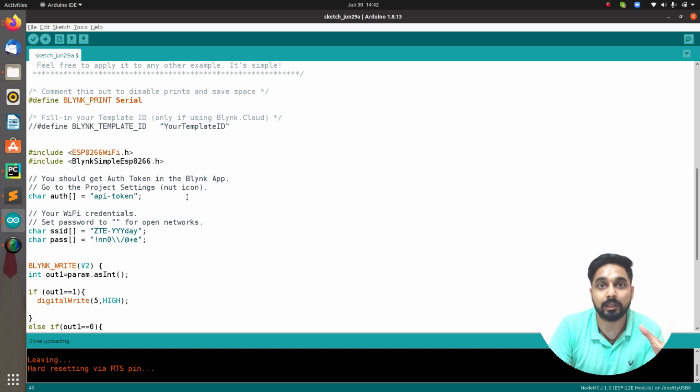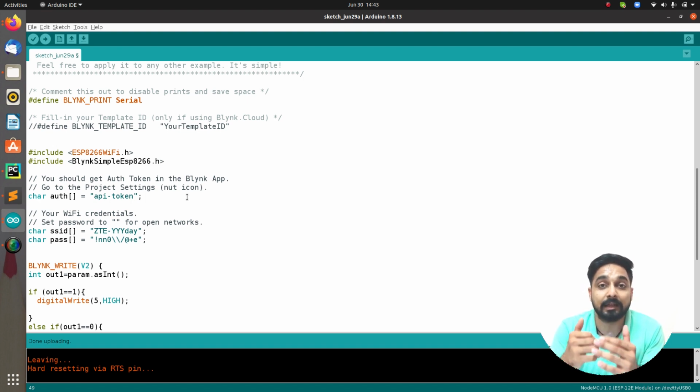So as I said in the beginning, there are two parts. One is the IoT, second one is the augmented reality. So the first one is IoT, which we are going to make work through the Blink application. So we will be first of all making that part, and after that part is done, we will be connecting that part to the Unity software. So we will be using the Unity software to create the augmented reality application, and that application we will be connecting in here. Now let's start with the first process so that we can create our connectivity through the Blink application for the home appliances.